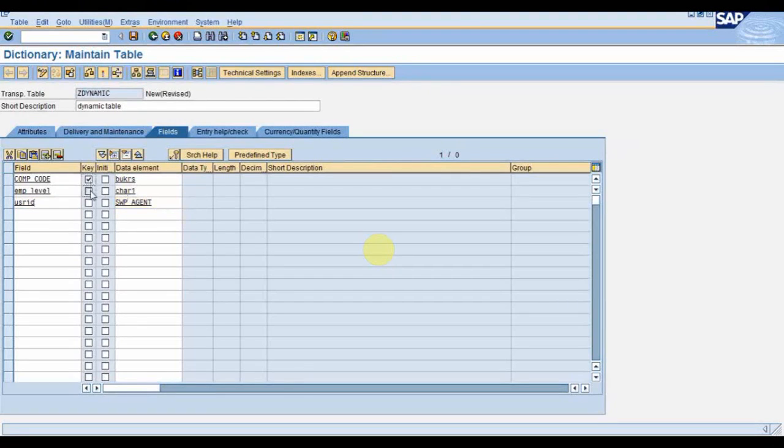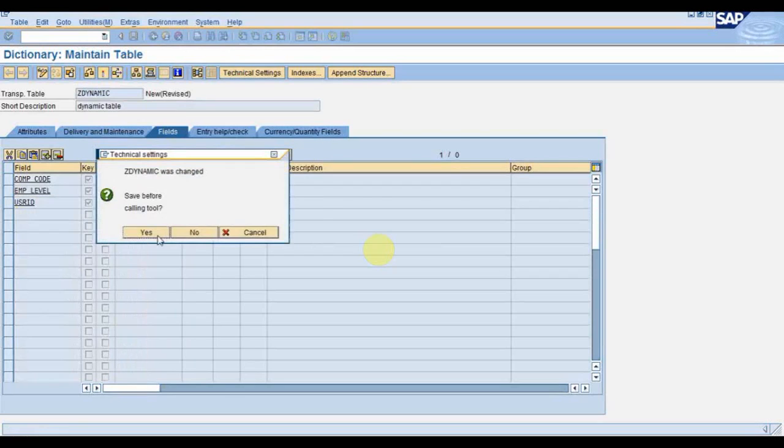Just make all the fields key elements, because suppose company code is 9000, employee level is 1, and user ID is LKDIA. For this combination of three, we are not going to maintain it again. So these three fields will become the key.